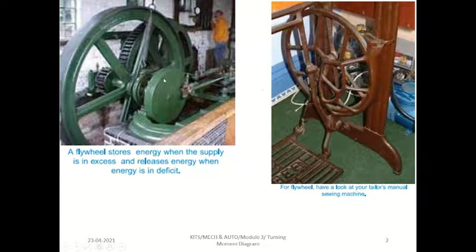It's a traditional IC engine model. I think it's a large engine which has been used in a ship. See, this is a flywheel. Can you see this wheel, the green color wheel? This is a flywheel and it is connected to the crank rod. During the power stroke, the energy will be stored in the flywheel and the same energy will be used in the rest of the strokes.